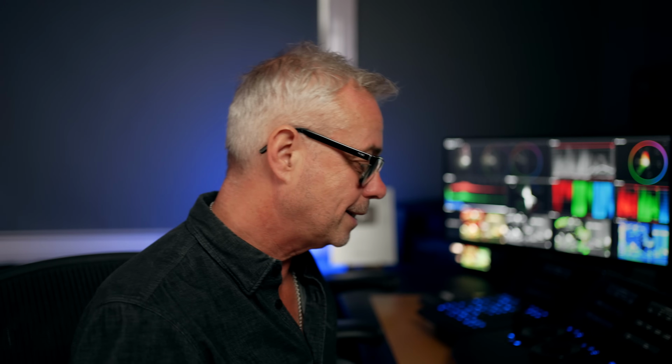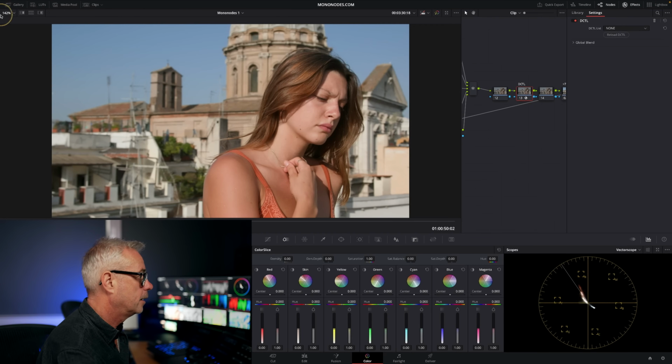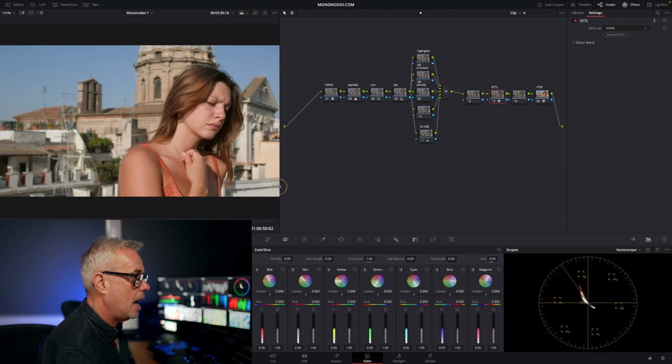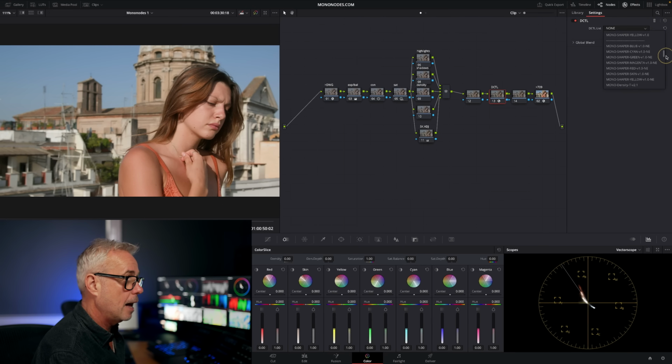Let's have a quick look at one more example before we have a look at the utility tool. And if I go in here, what I've done on this one is I've got, let me just get rid of my gallery here. I've got a fixed node tree. Let me see if I can show you that. And what I've done is I've applied a DCTL to it, and you don't even have to switch this node off. It's just blank because my DCTL list, the top will always be none. So all I've got to do now is scroll down here and let's have a look at Mono Shaper. Let's have a look at the sky